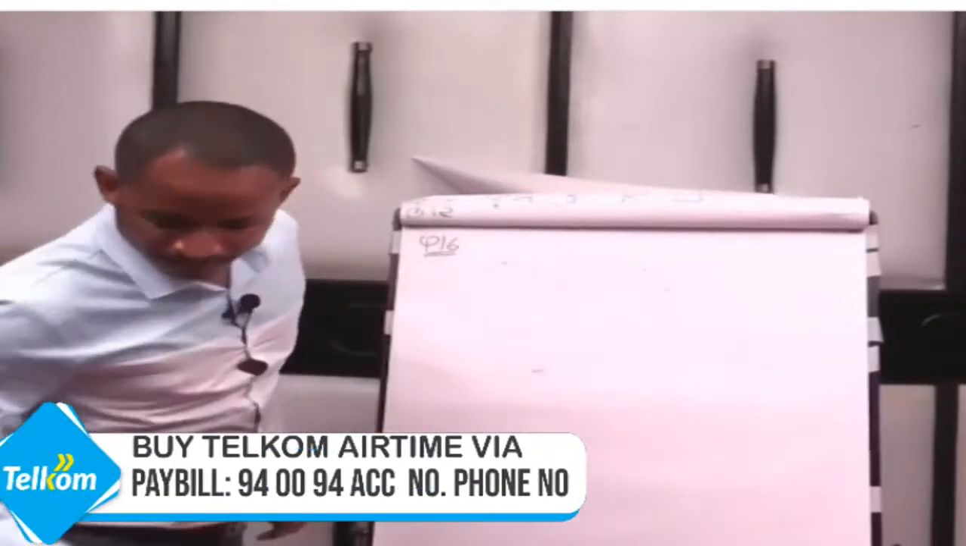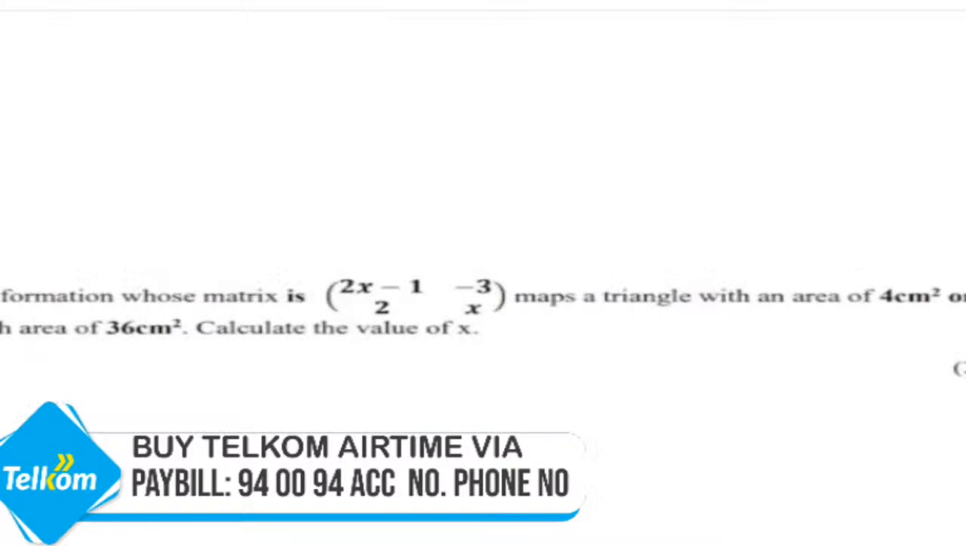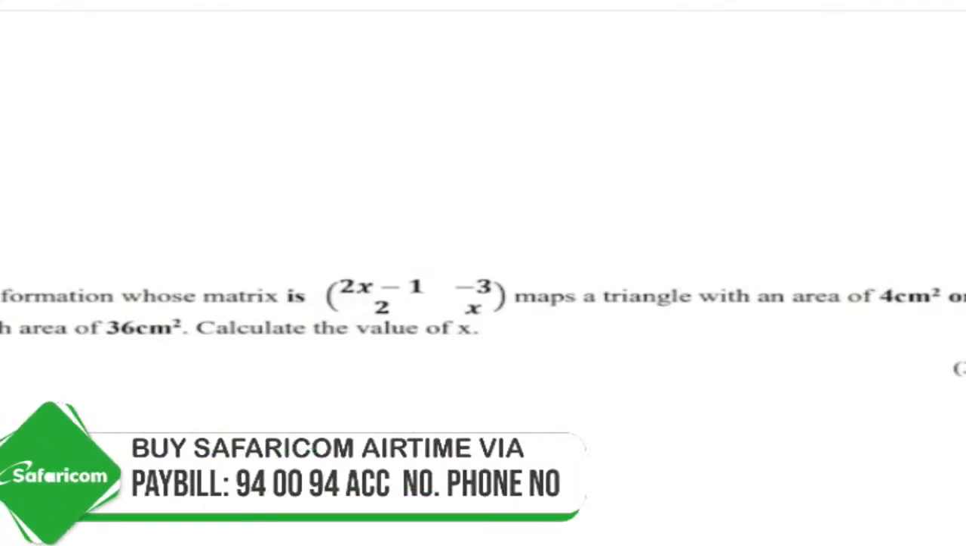Question number 16. A transformation, this is a topic on transformation, but is also on matrix. I didn't put it there. So it's another extra one. So there are a total of 13 topics. A transformation whose matrix is a combination of two topics, whose matrix is x, minus 1, minus 3, 2x. A transformation whose matrix is this, maps a triangle with an area,